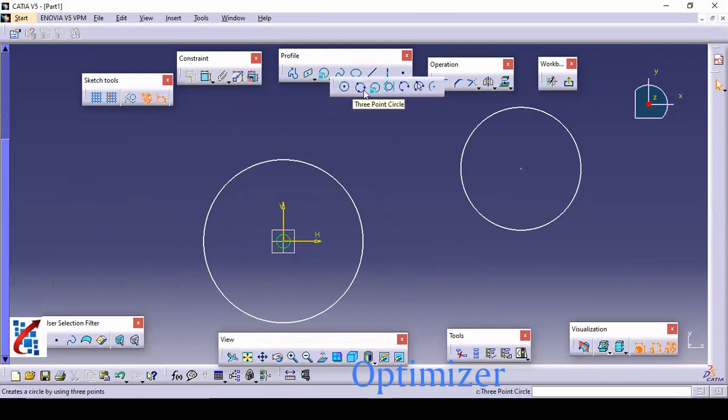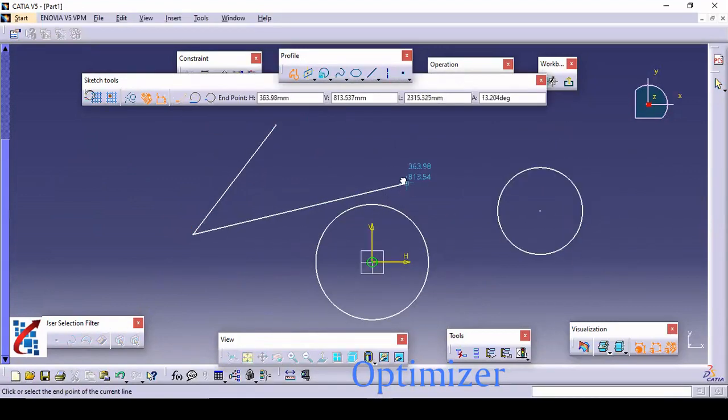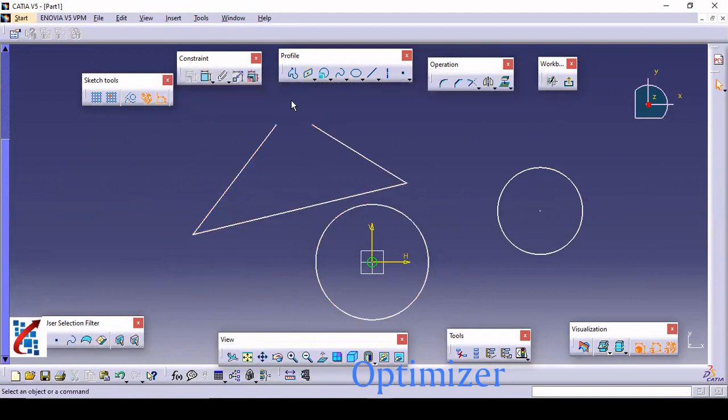Okay. Next, tritangent circle means suppose you have 3 lines, and in between those 3 lines you want to draw a circle. Then you have to use the 3 tangent circle. Okay. Just go here and select this 3 tangent circle and select these 3 lines, first, second, and third.